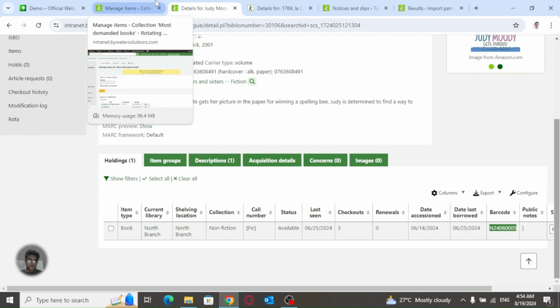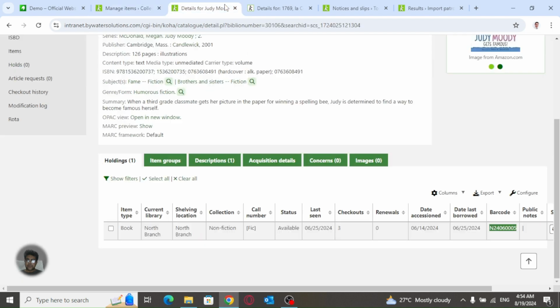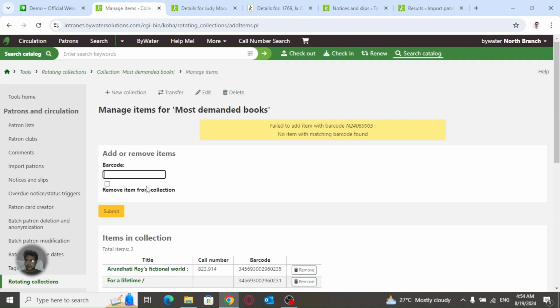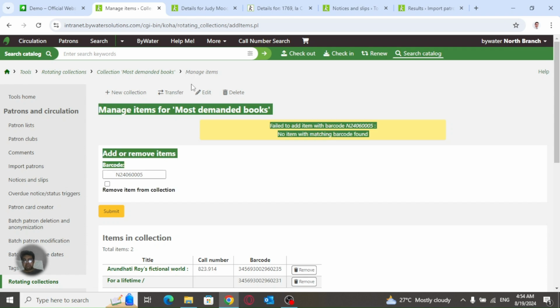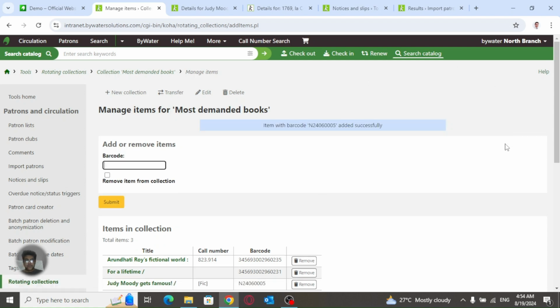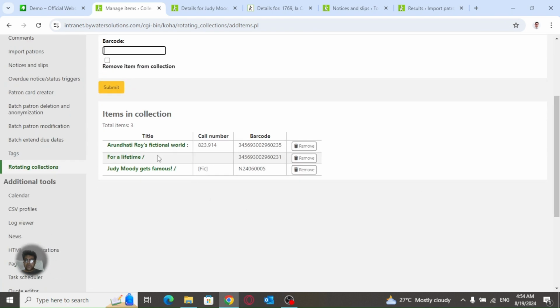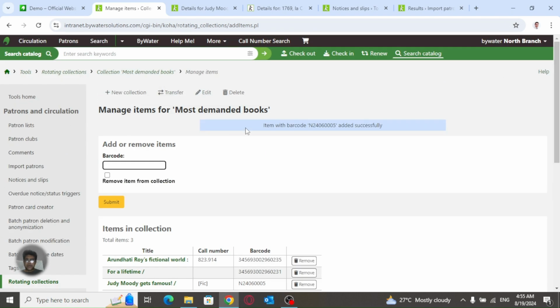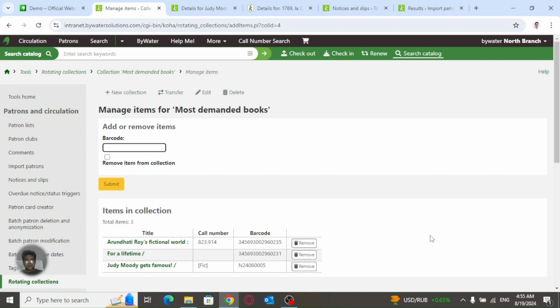What's wrong with this collection? Okay, I don't know why. But okay, so now we have three books in rotating collection. And what we can do with this rotating collection, we can actually,